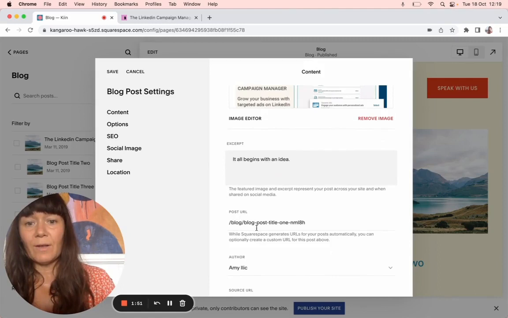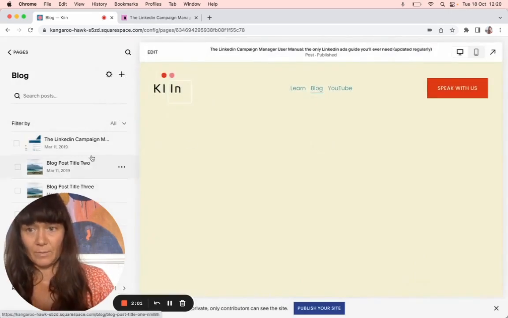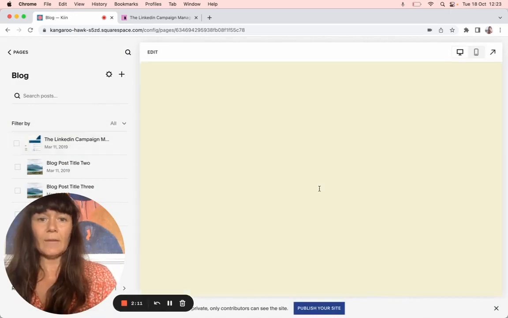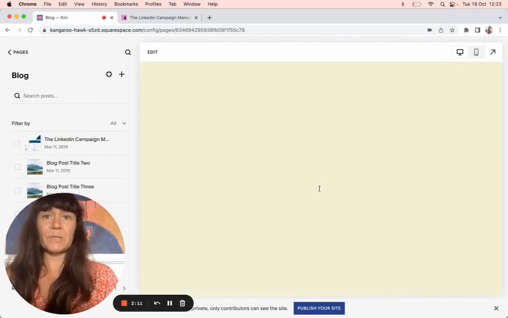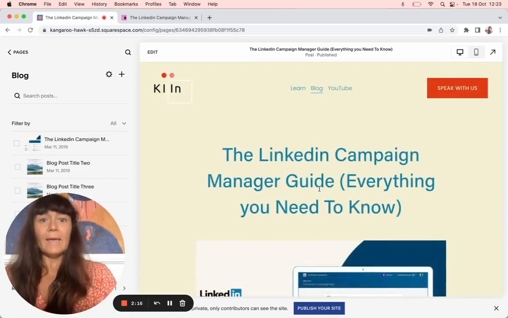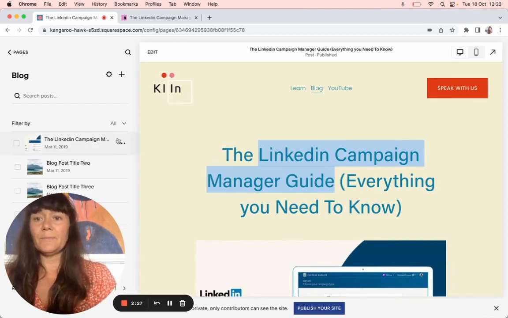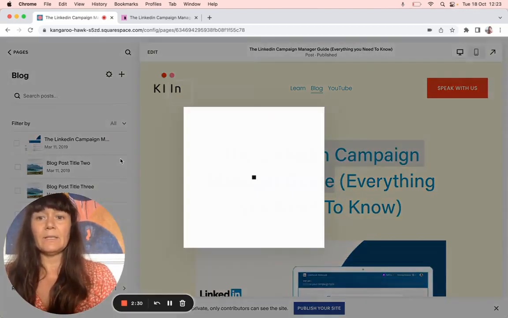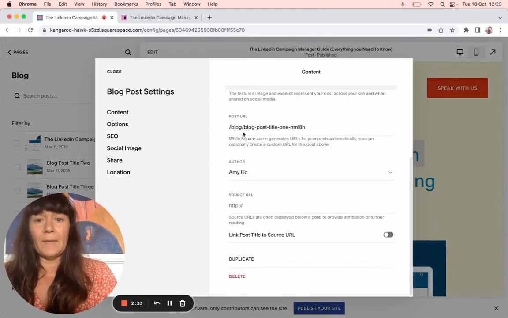Now, this post URL is really important for SEO. You don't want "blog post title 1" with all these things. You don't want that at all. So let's save that, and we go out of that for a minute and go into the title, and you want to make the title as short and sweet as possible for the URL link. It will really help you with SEO. So you've got the LinkedIn Campaign Manager Guide, everything you need to know. So you just put in LinkedIn Campaign Management Guide, copy that, and go back into this hamburger, settings, and then